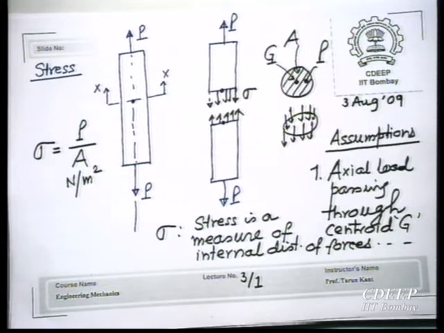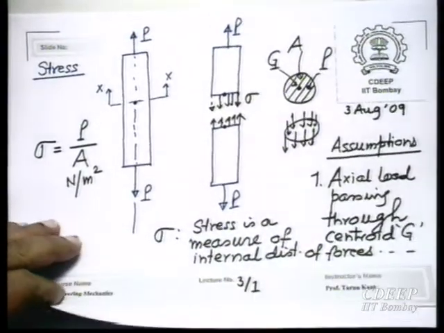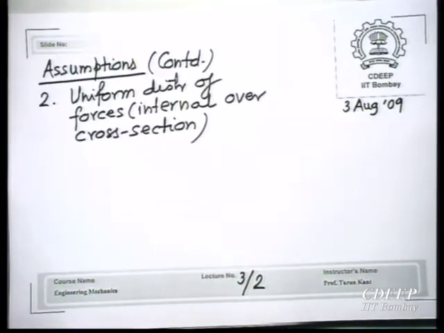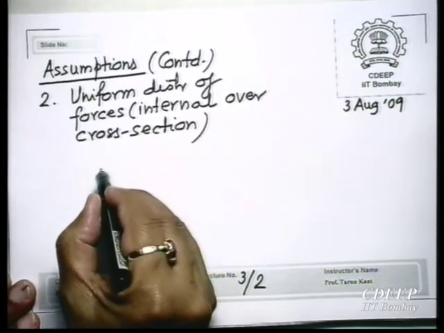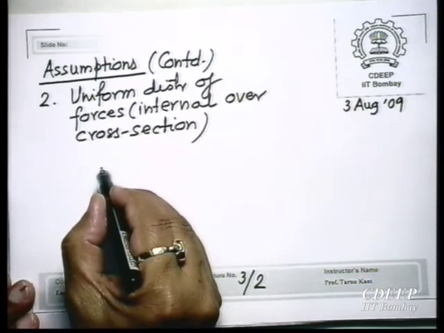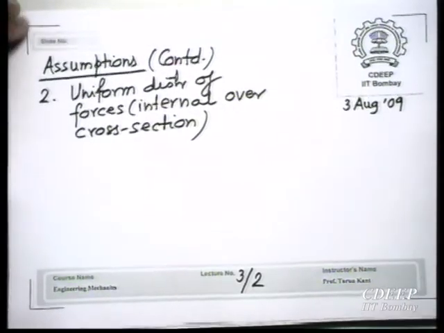Now, implicit in this definition is that over the area A, the distribution of forces that you are assuming is uniform. Actually, it will not be uniform at all the lengths. This is what I just wanted to point out, because these are assumptions. What is happening? See, if you have this load, shall I draw the rod horizontally? Yes, vertical or horizontal makes no difference.